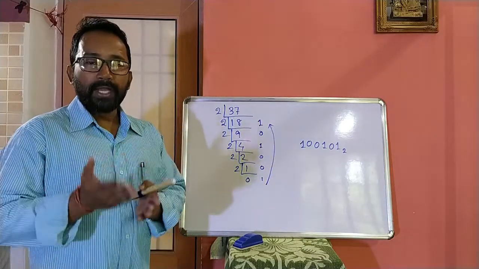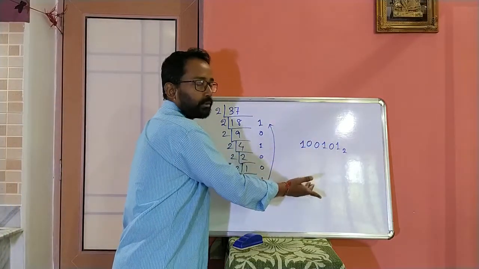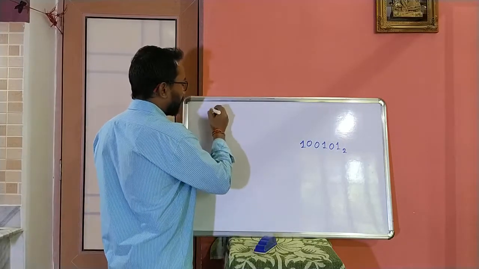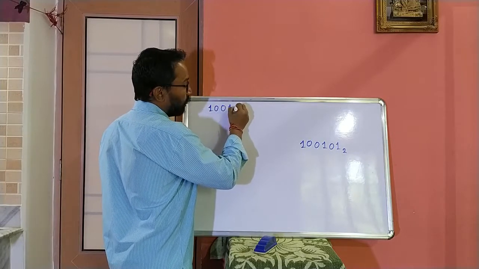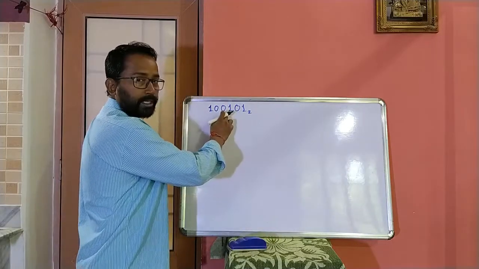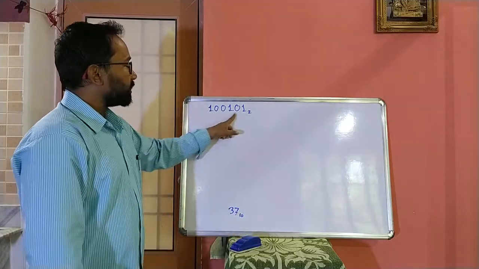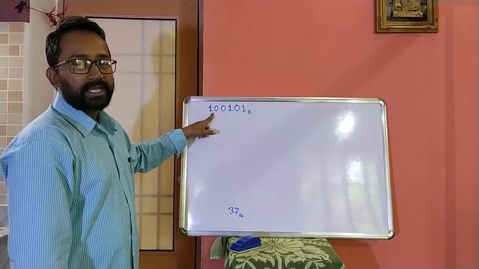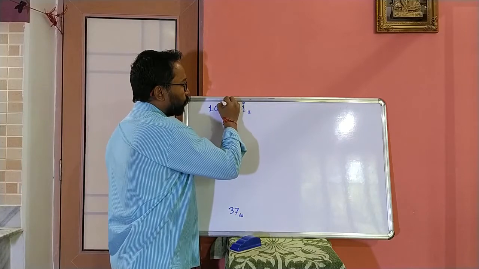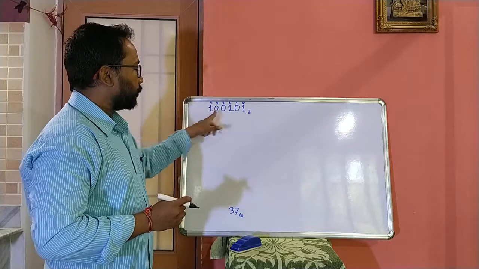Now we will learn binary to decimal conversion. Let us take this number only. We will convert this binary number to decimal to check whether we are getting this 37 or not. So I am writing this number here, 1 0 0 1 0 1 base 2. What we will get from this binary number? Decimal 37. Let's start. In this number, all the binary digits or bits have their place value. The rightmost digit's place value is 0, then 1, 2, 3, 4, 5. So place values increase in order from right to left.